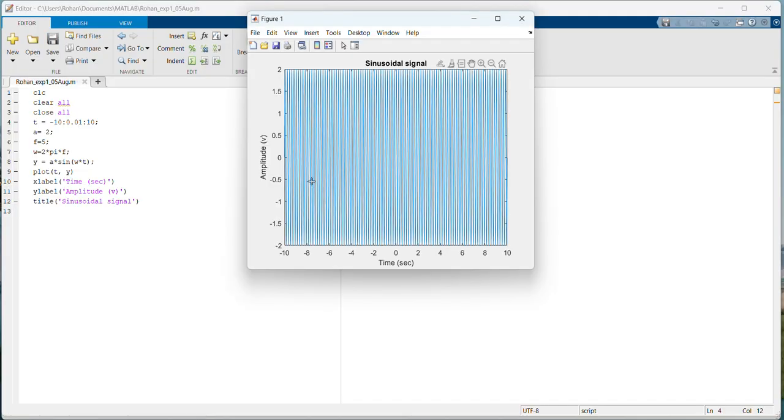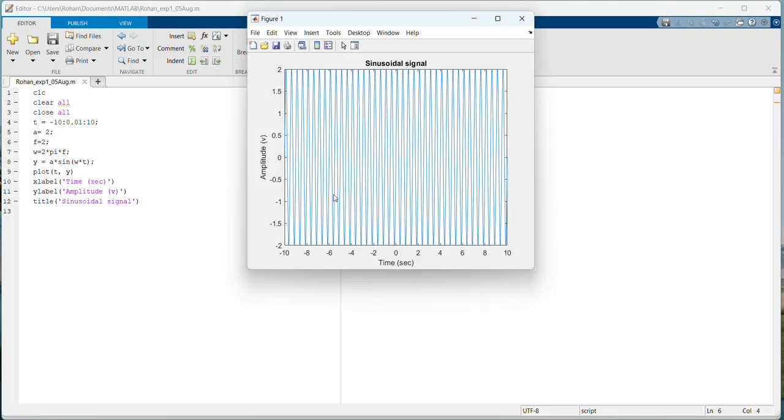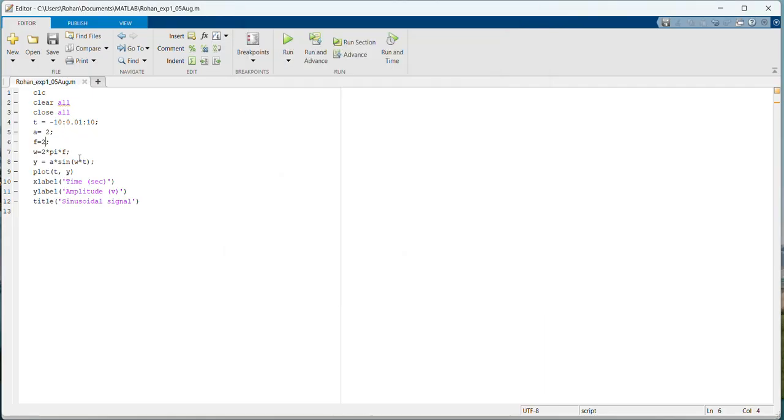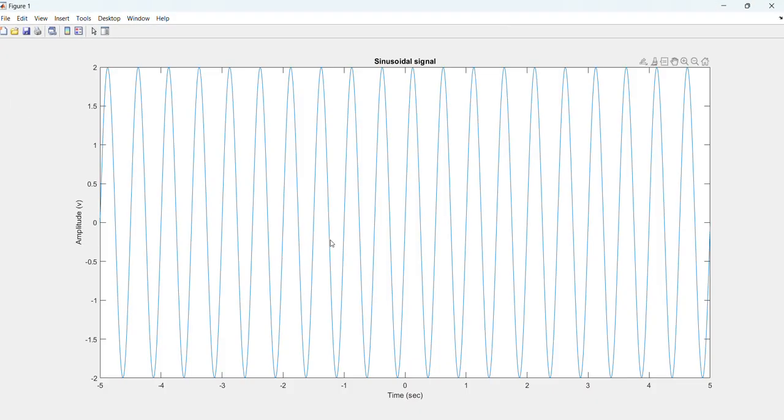program. Now you are able to see that I have got a sinusoidal signal, but I need to zoom it a bit to observe it very carefully, and maybe I can reduce the frequency to say 2 to visualize the graph in a clear manner. Yes, so you are able to see this. And if you want to reduce the time axis also, we can reduce it. So rather than making it from -10 to 10, we can go to -5 to 5. And when we execute this, yeah, we are able to see a very nice graph of a sinusoidal signal,